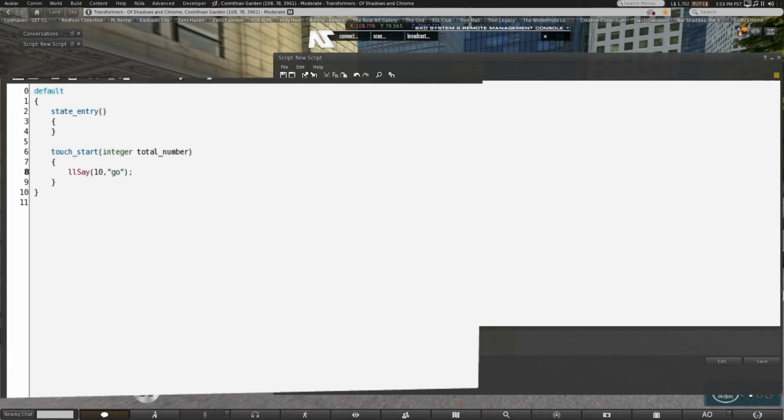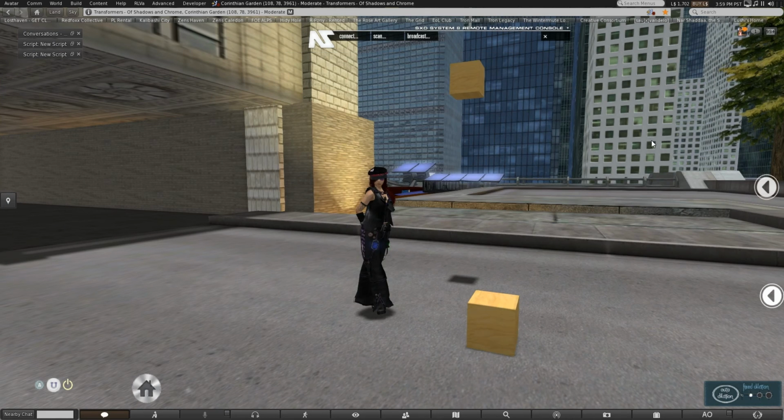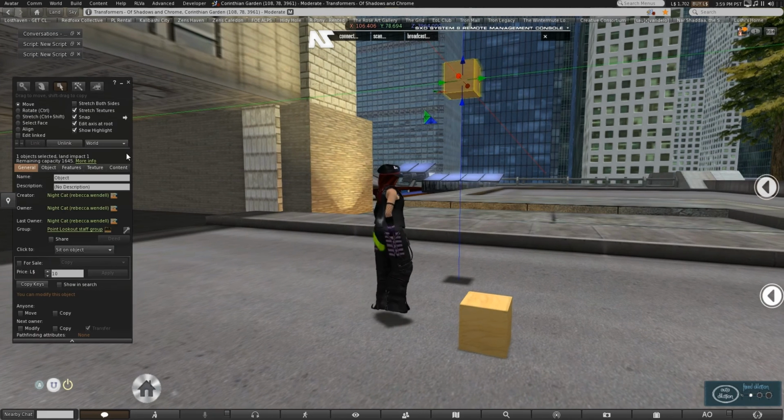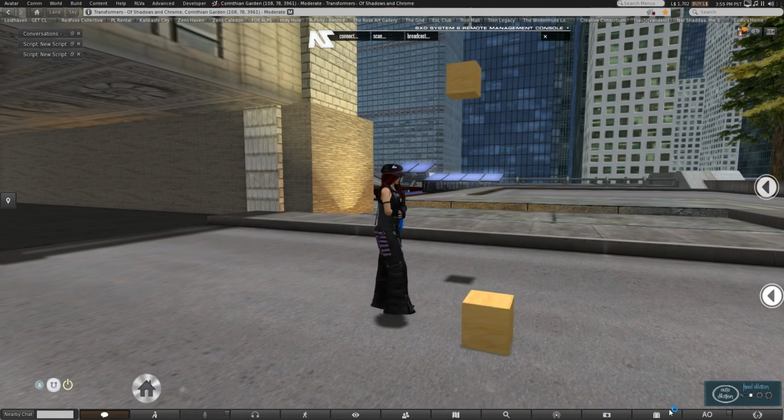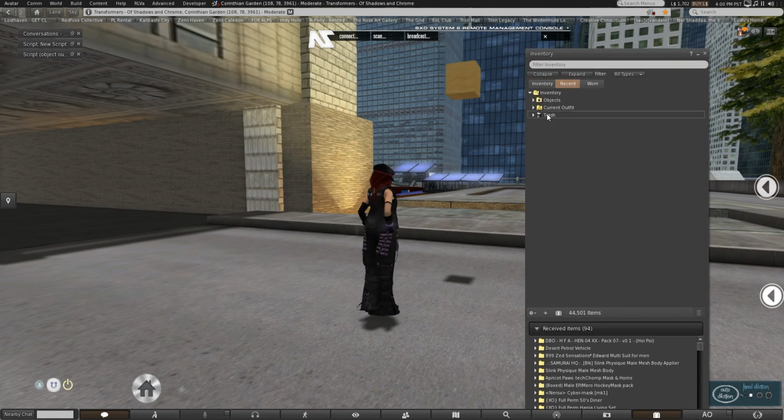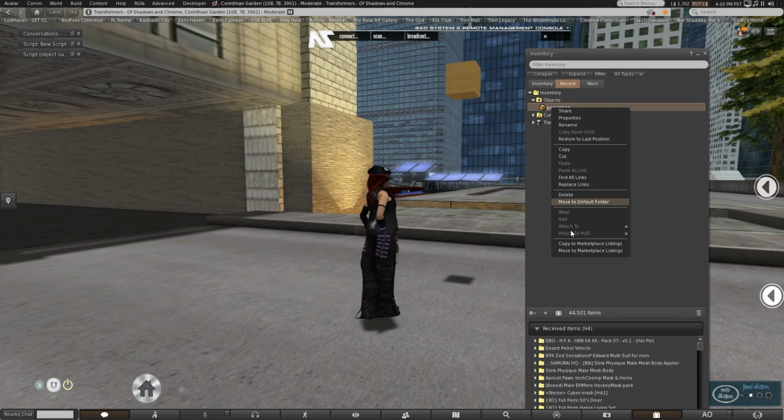We're going to call the object a pass token and save. Why are we calling it a pass token? Because we're going to add an extra level of security up there in just a minute. We're going to take the pass token, produce an object, pass token,